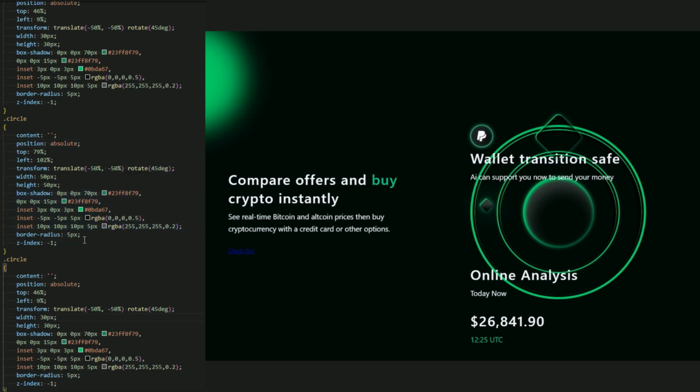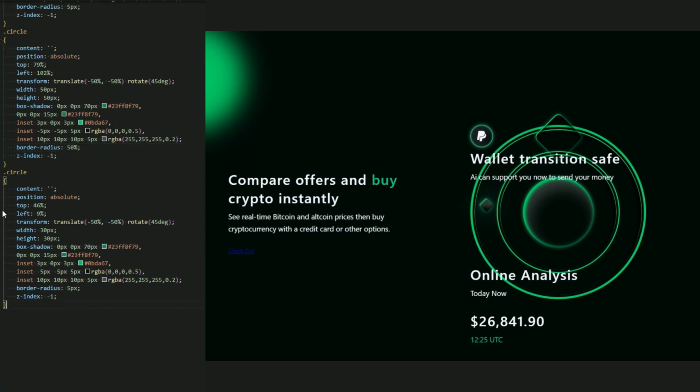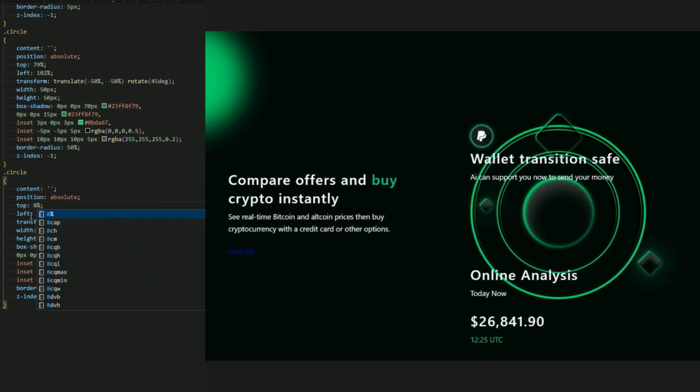Here we go, and 50% to be a circle. Okay. And now for the other circle, the top be 8%, the left 59%. I'm sorry, 59%. Okay, set the width and the height 20 pixel. Yep, everything is good, I think.